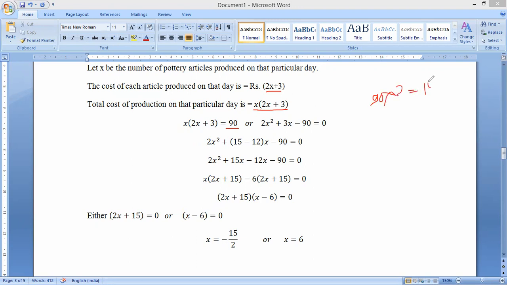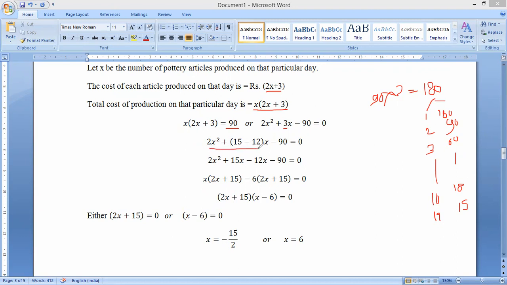So we have to factor 180 in such a way that their difference is 3. When we factor 180, this could be 1 into 180. With 2, we can write 2 and 90. With 3 we can write 60. We see that as the numbers increase, the difference decreases. So suppose we try 10, then 18 minus 10 is 8. 11 will not divide. Then 12 into 15, 12 into 15 is 180, and 15 minus 12 is equal to 3. Okay, so the factors are 15 and 12. So 3 can be written as 15 minus 12.